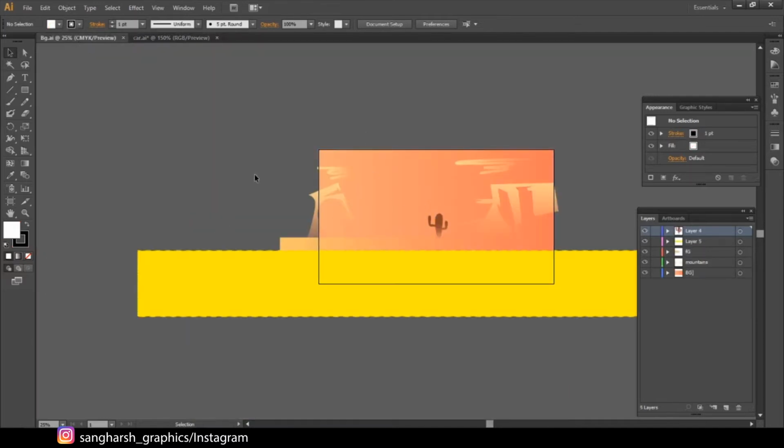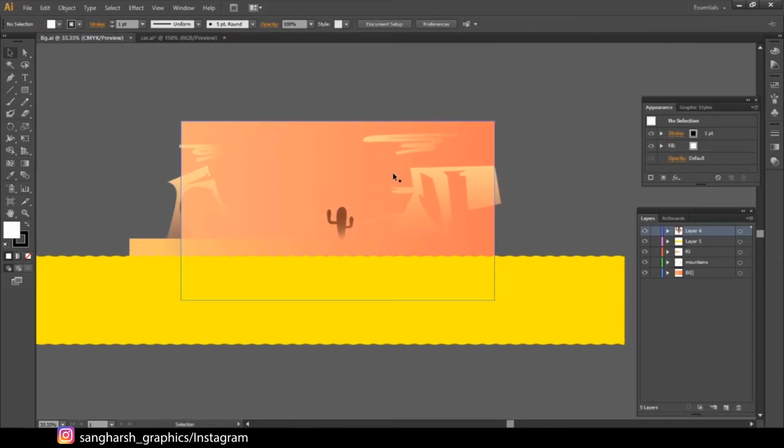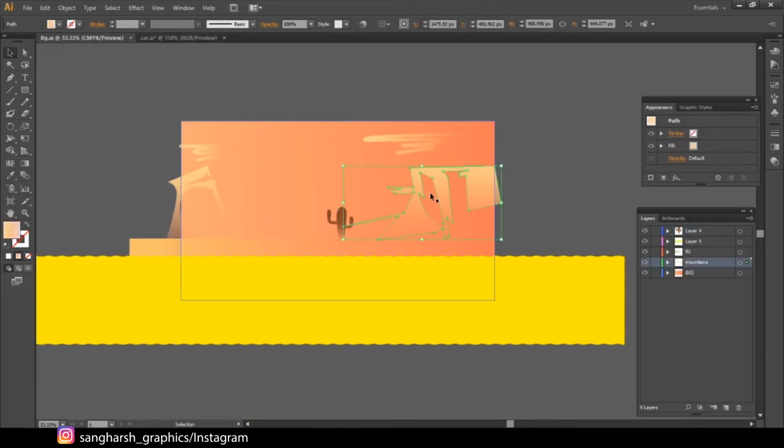Same for the background. Watching some reference images from Pinterest and other websites, I came up with this good looking desert. It also suits our car color and other things. So I created some mountains like this, just vector cartoonish mountains, and some strokes with this Blob Brush tool.